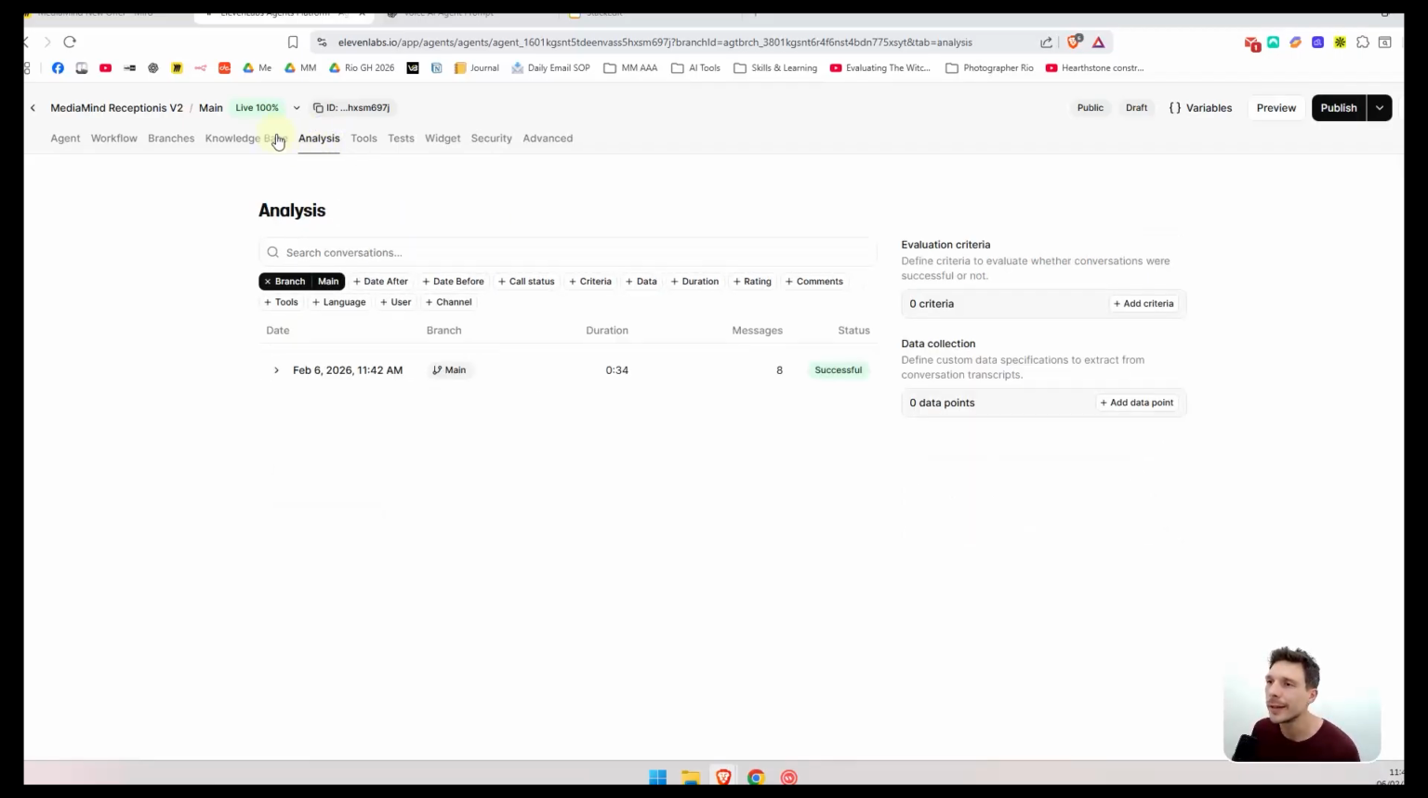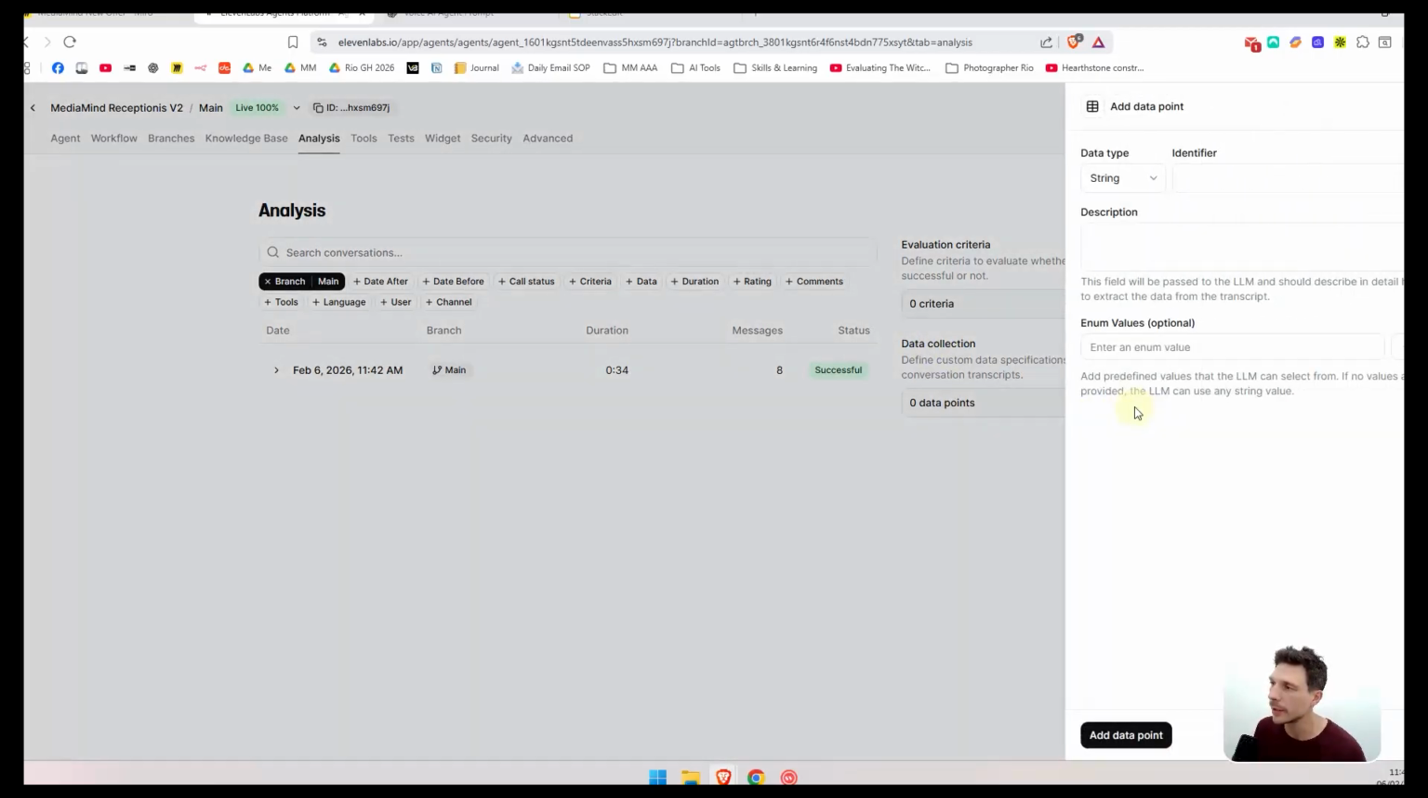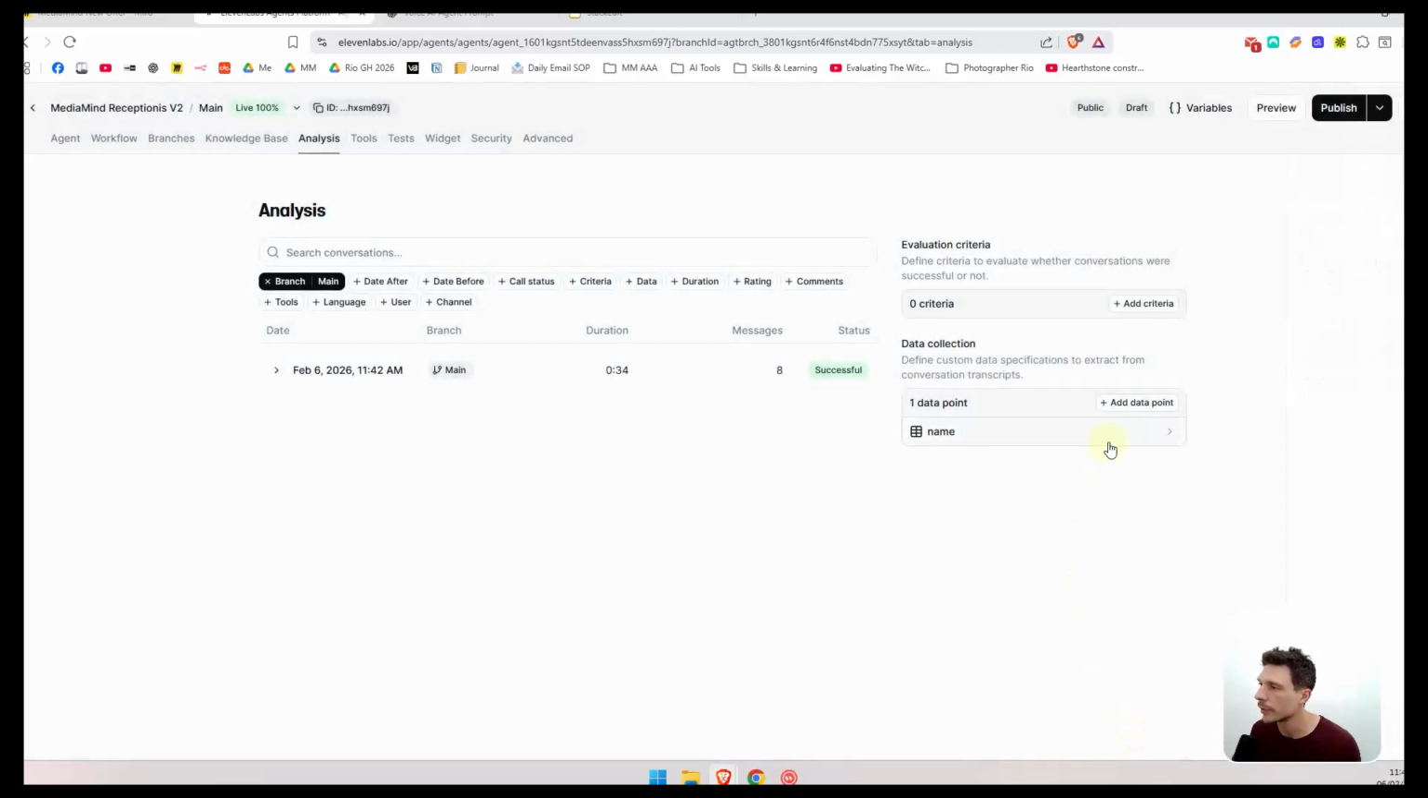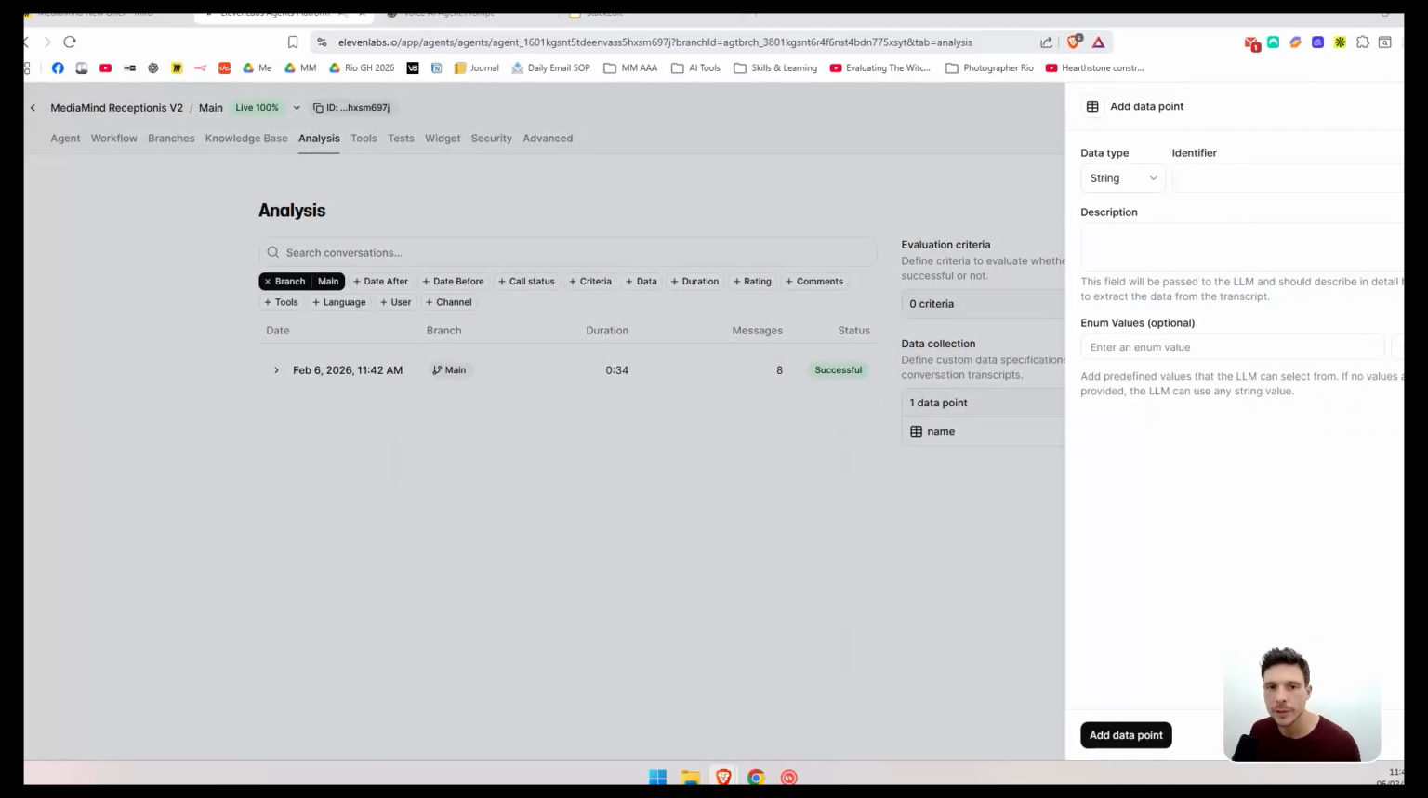Moving on to the analyzer section is where we can add something really interesting, which is the data collection. So here we're going to add some data points that we want the AI to detect during the call, and that's going to make it much easier in the end to collect that information in a database, which we're going to do at the end with Airtable. So what we want to collect is the name, which we're just going to call the name of the caller. The second one is also going to be a string, and that's going to be the email address